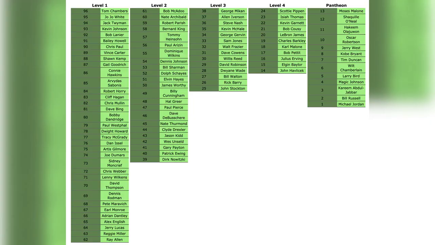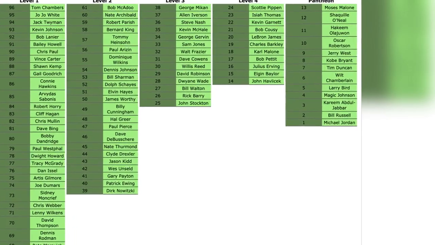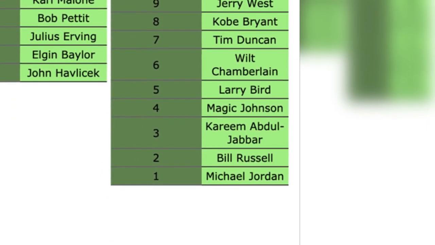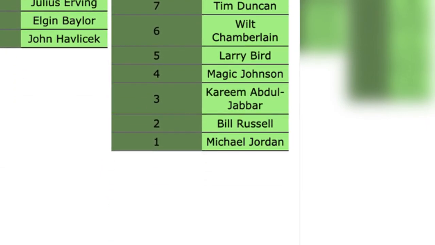But as good as Bill's pyramid is, there are a few problems I have with it. Of course, this is all my personal opinion, but first of all, Kobe is too low. This was after his second title run where he won 2 more rings, and he's still ranked just number 8 all time. Considering Bill Russell played in an era with only 8 to 10 teams, I think he's ranked a bit too high. An amazing player would dominate in any era, but personally I probably wouldn't have him this high.